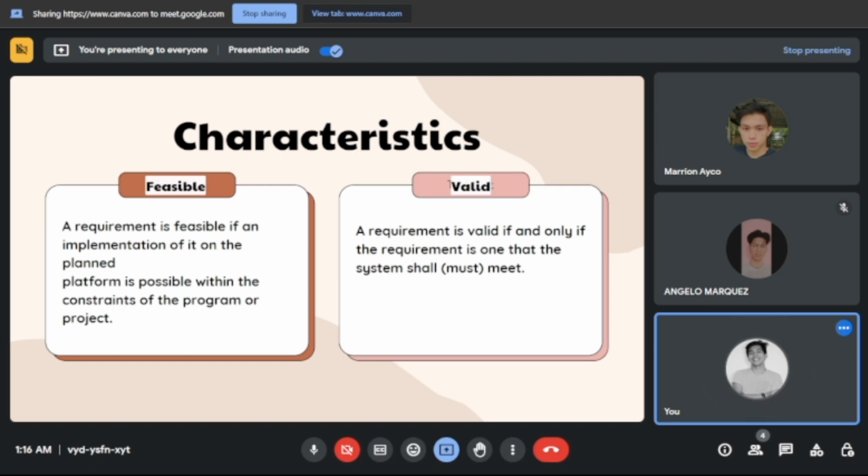A requirement is valid if and only if the requirement is one that the system must meet. So regarding this one is sinasagot dito yung ano yung kinakailangan talaga and ano yung magandang idagdag sa system na yan or sa product na yan. So basically hindi naman sa product sa idagdag na requirements para sa product na yan. So in short,